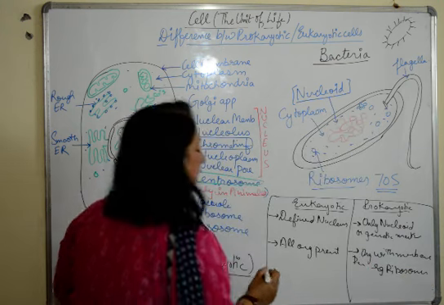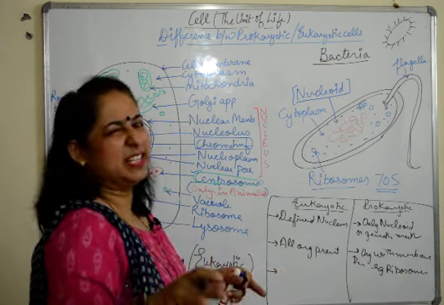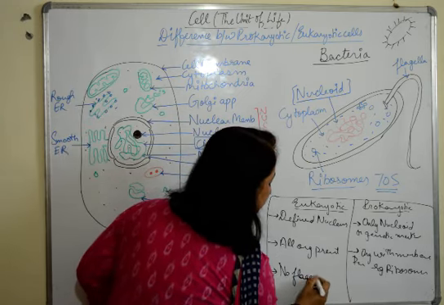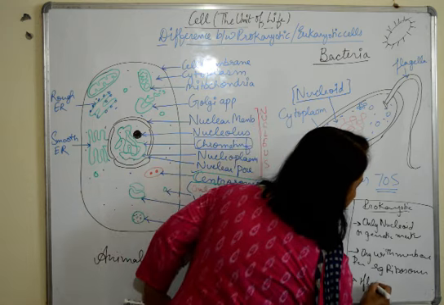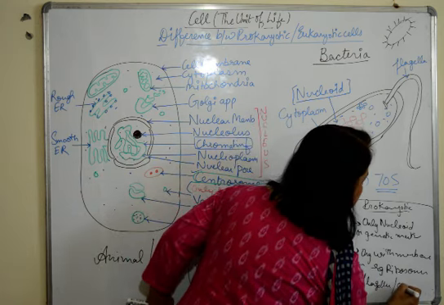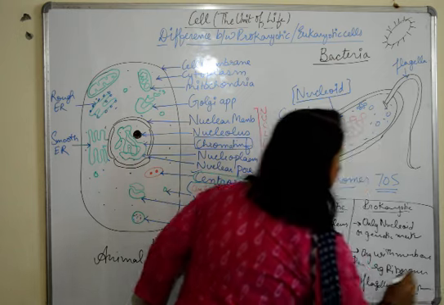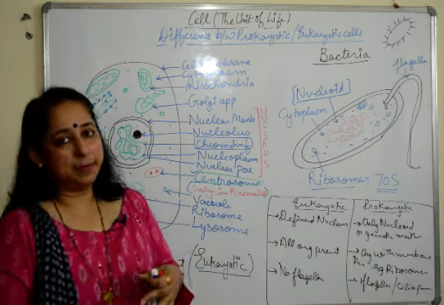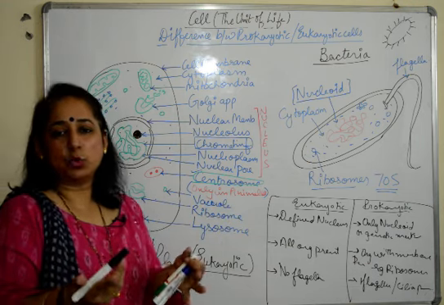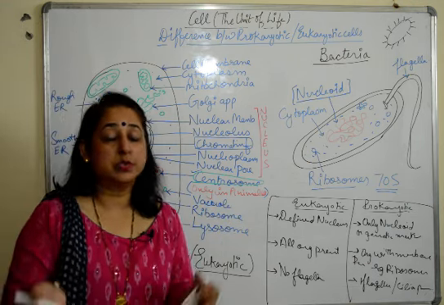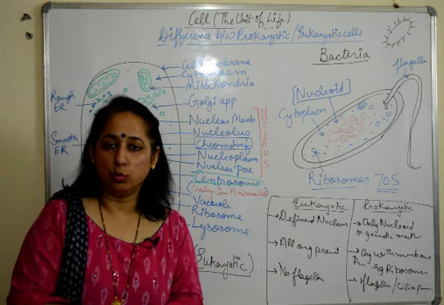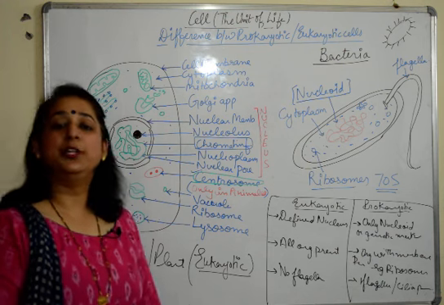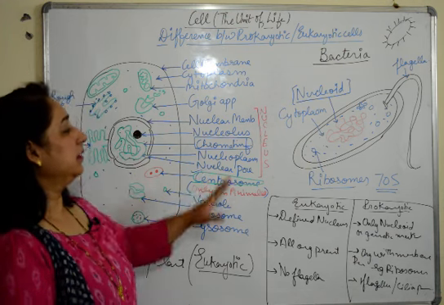Fine. Here may or may not have flagella. Generally they don't have. So no flagella or cilia. Flagella or cilia present here. Fine. So these are some of the main differences. Cell wall may be there, plant cell has it here. So you can write this also that the cell wall is not made up of cellulose, and in plant cell it is made up of cellulose. Fine. So these are the main differences between prokaryotic and eukaryotic cells with the diagrams.